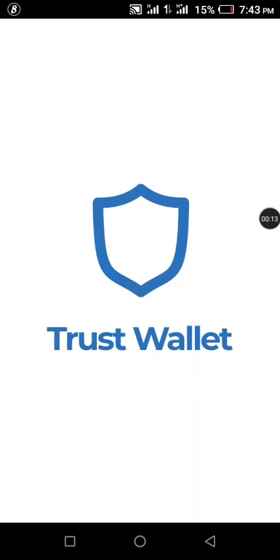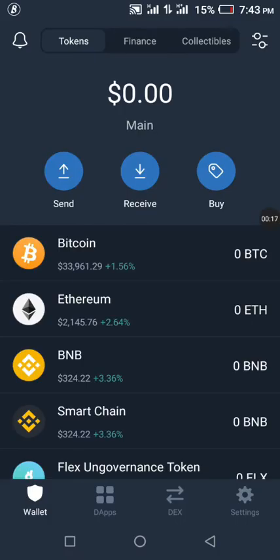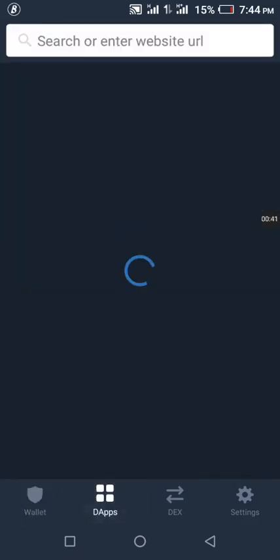Let me stress the importance of using Trust Wallet or Token Pocket. First of all, you cannot use any crypto wallets, let's say Blockchain or Luno or Binance, to register on Forsage BUSD. It's impossible because those wallets don't have this feature next to wallets here, called DApps. Check here, this wallet I'm clicking. The next one you have here is DApps.